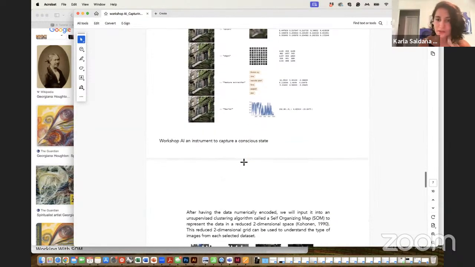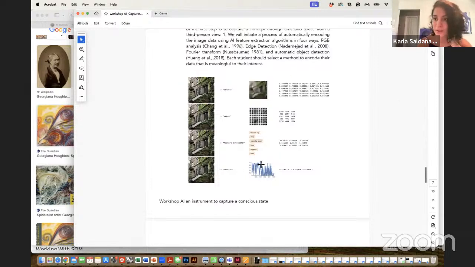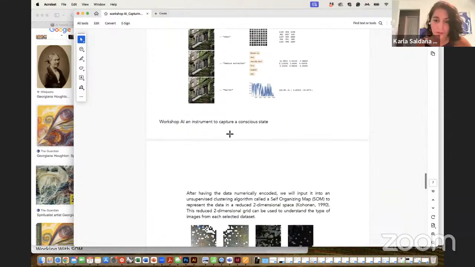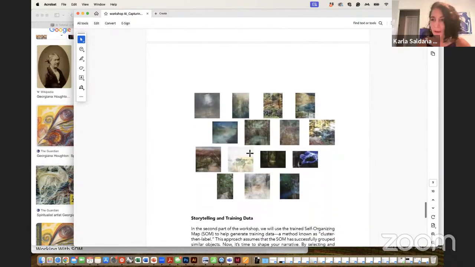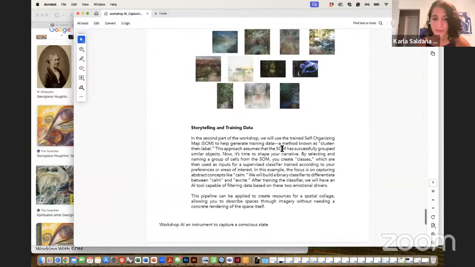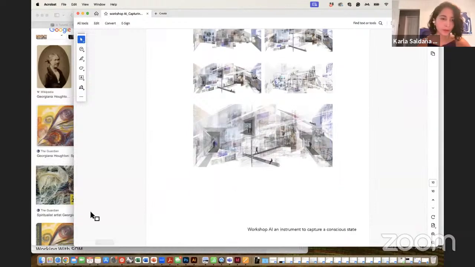One of the first things that we're going to do is talk about feature vectors, and that's why I asked to go after Julian, because I'm going to give other examples of how you could encode your data, so these algorithms can see it or read it in a different way. And then some of the process that I play with when I think about creating atmospheric images of perception and concept, and then how we can start thinking about space with them. So let's do this.